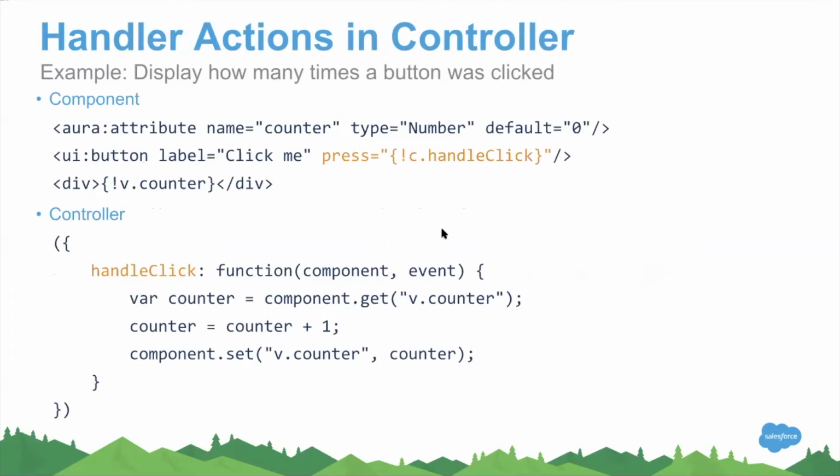Actions, I told you, right? On the controller, we can listen for user events. Say, for example, if you click on a button and you really want to access the value that got entered, you can access it in the controller.